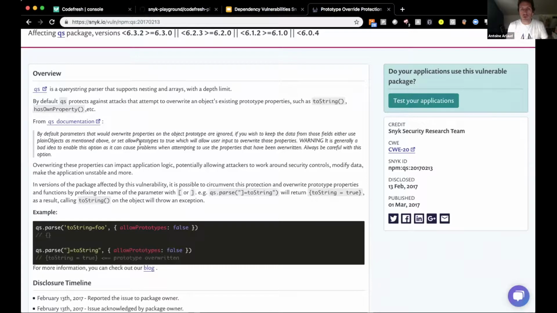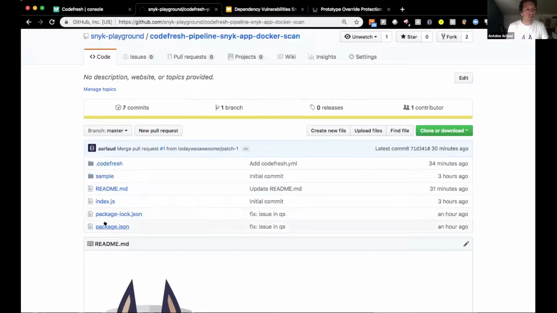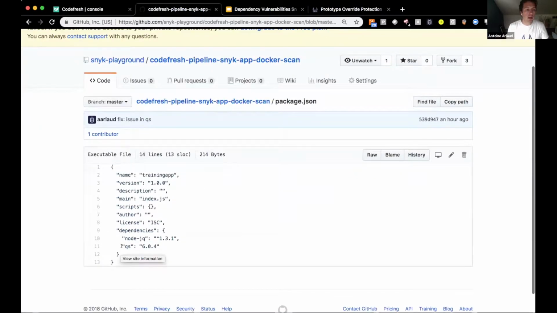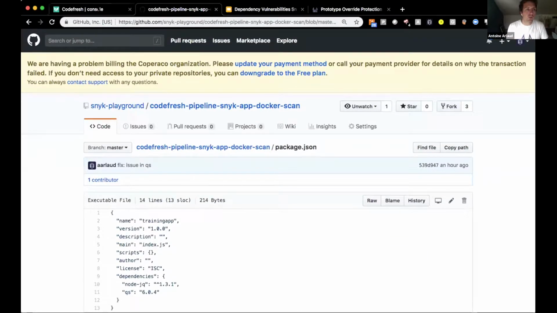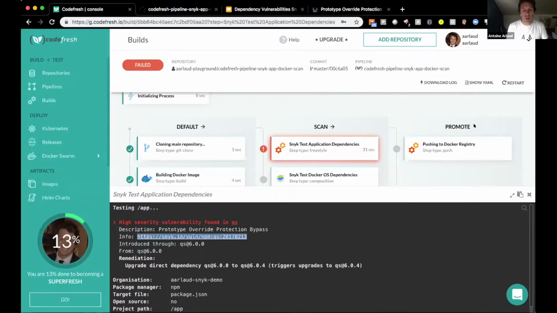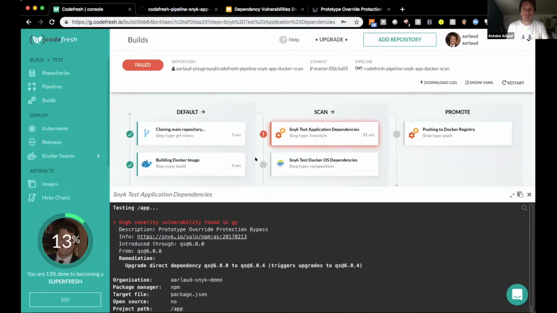The general gist of it is that we are able to basically use this vulnerability to kind of define your own function in a way. And if I go to the repo and I go to my application, I see in my package.json that I actually depend on this version of QS, and it's a different one. In this case, it's 6.0.0, sorry. So I need to basically upgrade this version to 6.0.4 to be vulnerability free. I'm going to do that in a second, and hopefully this code change will be picked up automatically